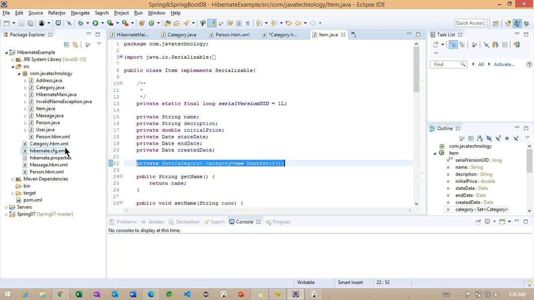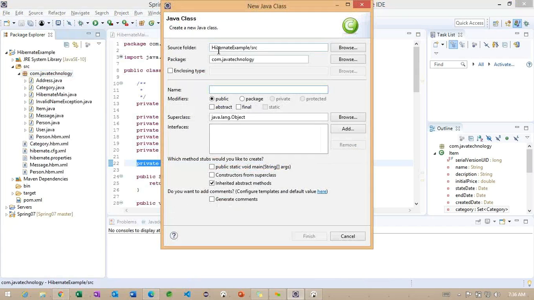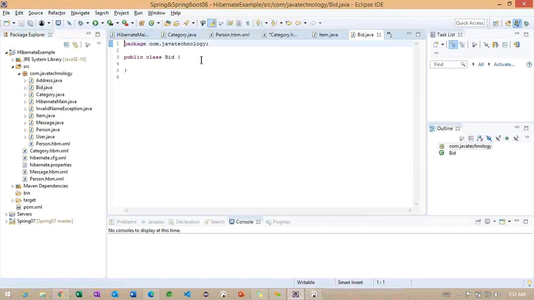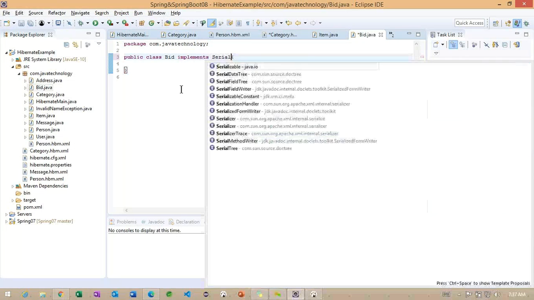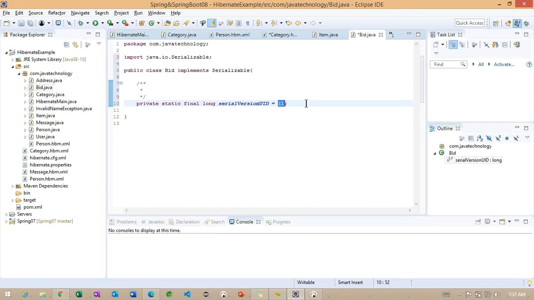Category. Okay. What I will do, I will create one more class here to work on the particular one to many or many to one joins. The class name here, Bid. Getting the point? So the Bid has two properties here. Serializable, and make the default serial version ID.